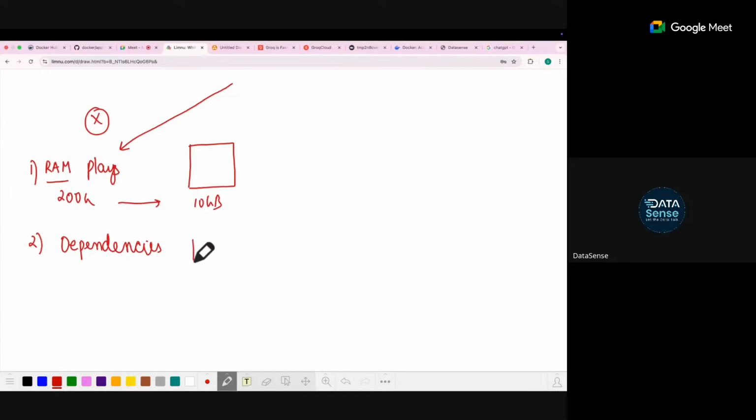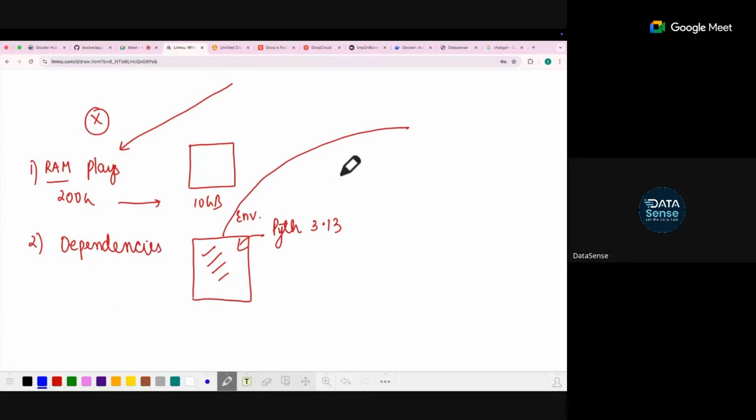Even if you create a virtual environment, people say, okay, I'll create a virtual environment. But suppose in the virtual environment I mentioned Python 3.13. The moment I take this application to some other system, let's say my friend's system, which only contains Python 3.10, this application will not work on my friend's system, even if the virtual environment has Python 3.13.